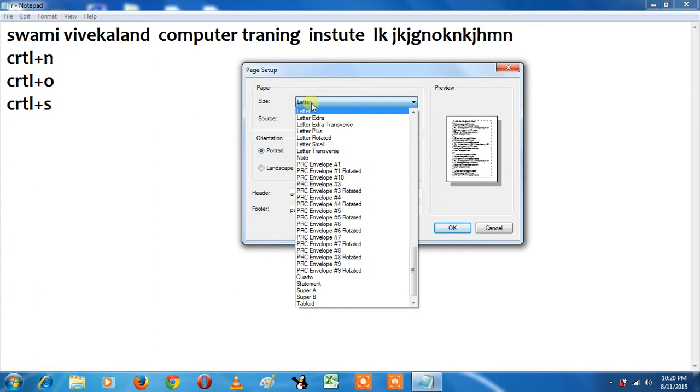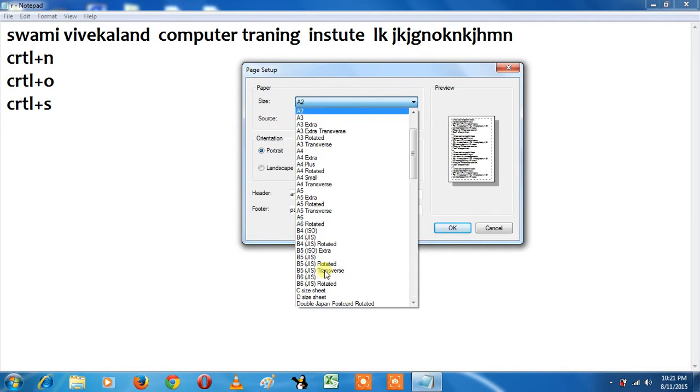Okay, so go to page setup and look at that. Here is paper: which kind of paper do you have? We are generally using A4 size paper. Okay friend, many kinds of paper are present in the market, for example A2, A3, A3 Extra, A3 Extra Transverse.